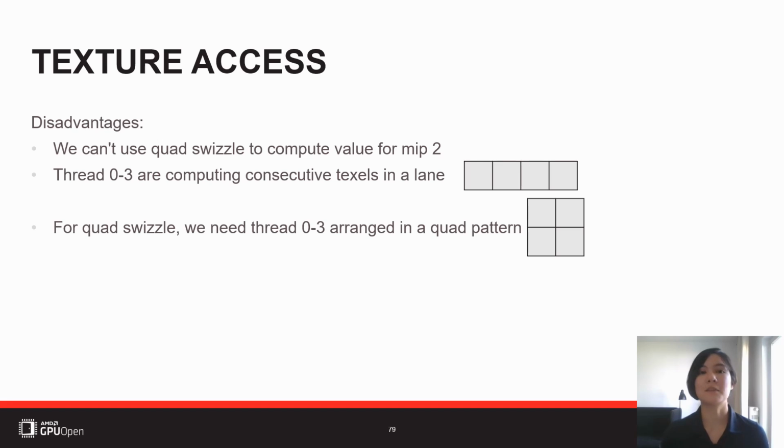And in this case, because we have a row major pattern for our thread indices, we have to use local data share. We can't use, for example, quad swizzle, because the threads are not arranged in a quad but in a row major pattern, so they're forming a lane and not a 2x2 quad, which is needed if we want to use a quad swizzle. So this is just something to notice. We can't use quad swizzle, which could be a further performance improvement. Maybe not, so at this stage we don't know yet. I will talk about this later, but if you're using this texture access pattern, it's not even possible to try it out.